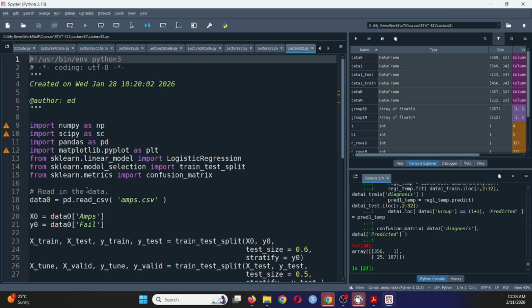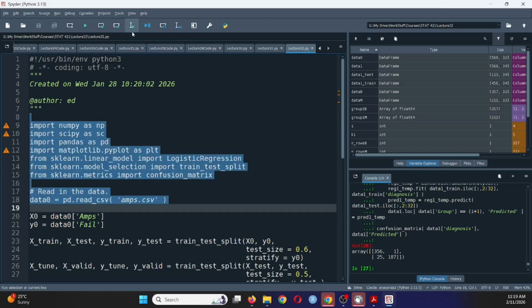So here I'm going to do logistic regression just like we did before. I'm going to use train test split to break up my data set, and I'm going to use confusion matrix to determine whether or not I'm doing any good at this. So the first thing I have to do is make sure that I'm in the correct working directory, and I'm not. And I'm going to keep mentioning that to you, because if you're not in the correct working directory,